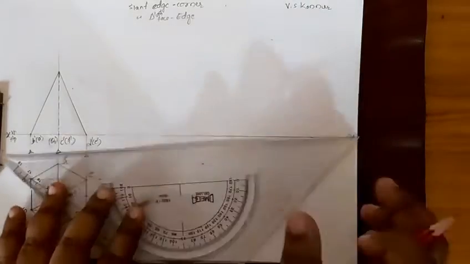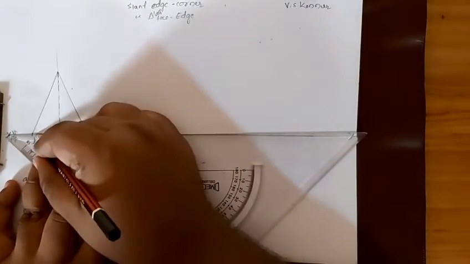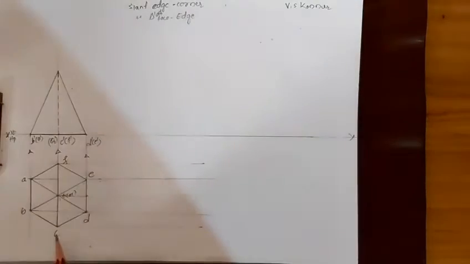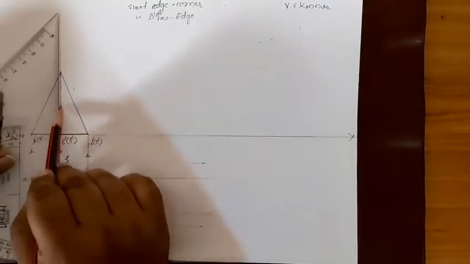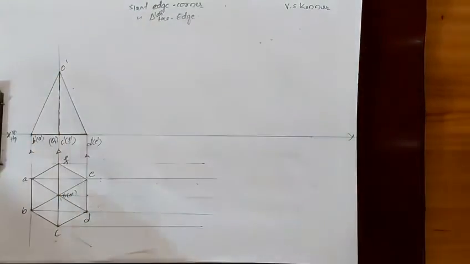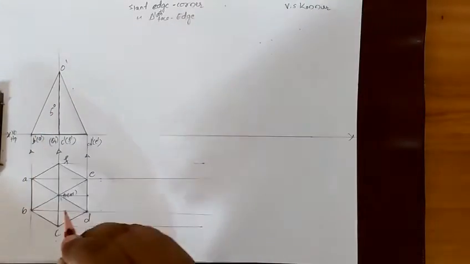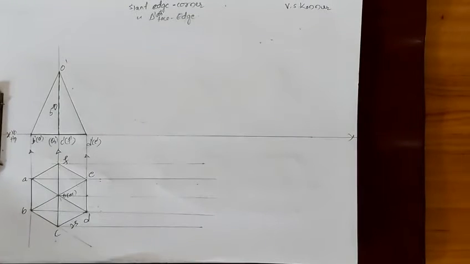And then this point here, CO is overlapping O1. Because of that, this axis line is not visible, and this point is called O dash, and the height is 50 mm, and the base side is 25 mm. This is the first position of this problem, problem number 42, resting on one of its slant triangular faces.